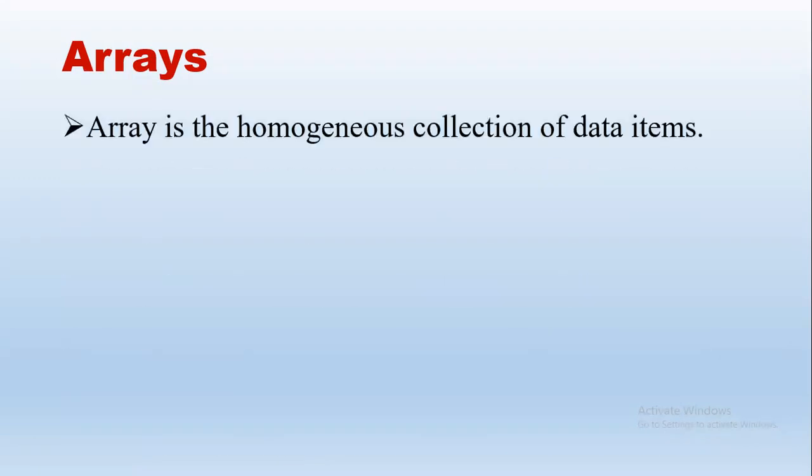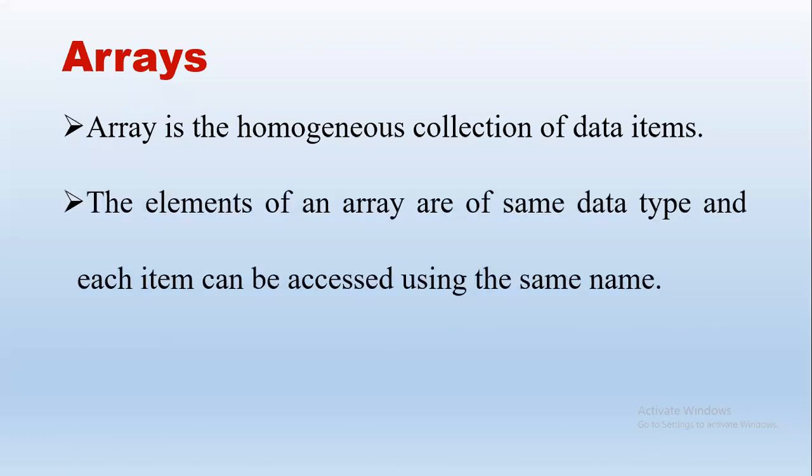So as a prerequisite, I'm just revising the concept of array. So what is an array? It is a homogeneous collection of data items. Homogeneous means that all the data items are of the same type, right? Same data type. If we declare like int and name of the array, that means all the elements in the array are of type integer, right? And they are going to be accessed with the same name and they will be stored continuously. So that is what we have seen in examples, right?